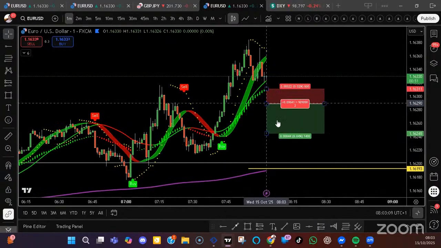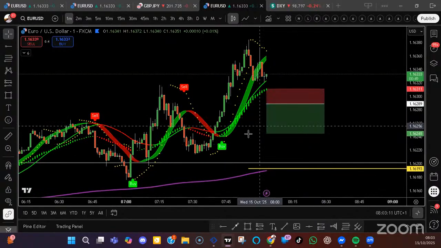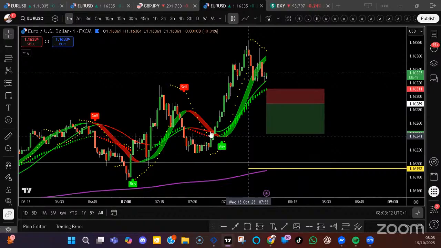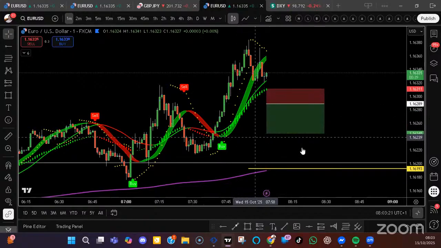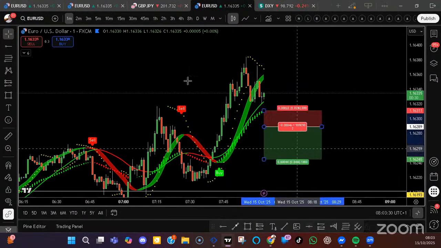So any sells, we've got imbalance on these candles here. It would be kind of